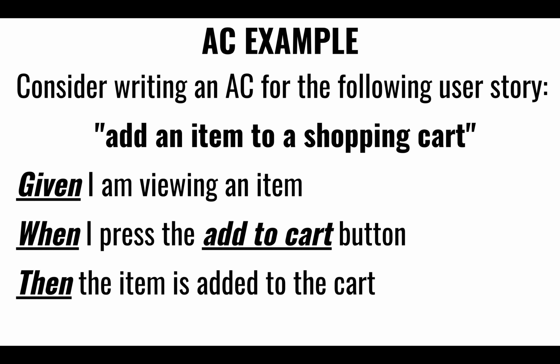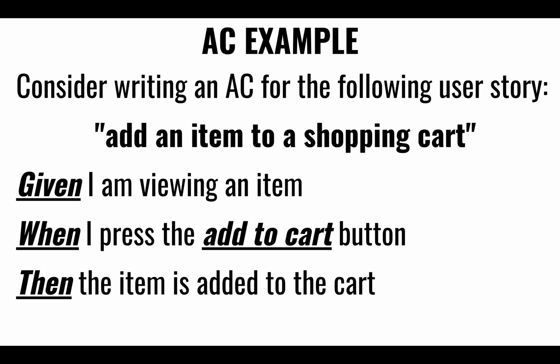Right? So here's a trivial example of a user story that is implementing adding an item to a shopping cart. We would capture things such as, given that I am viewing a particular item, and when I press the add to cart button on that item, then the item is added to the cart. Right? So again, assuming that you're in a particular state, some particular action or input, and then the resulting behavior that you would expect. So this would be a successful, a happy path, perhaps,